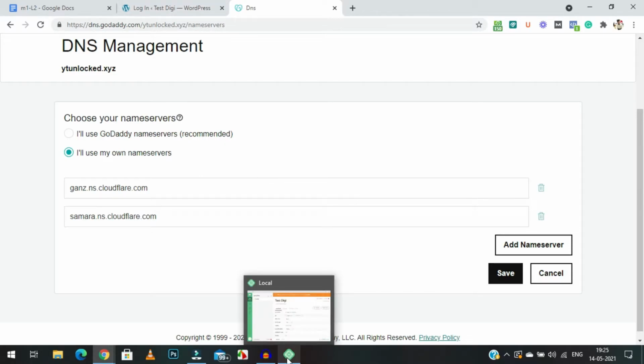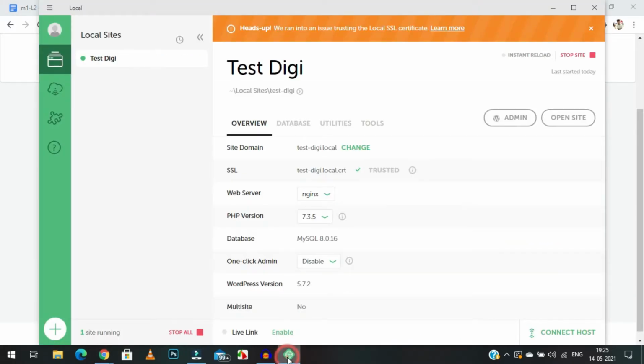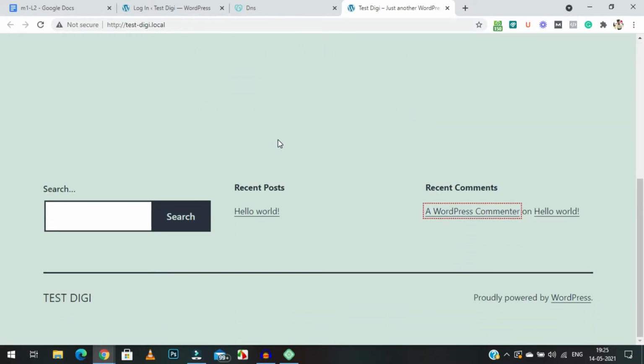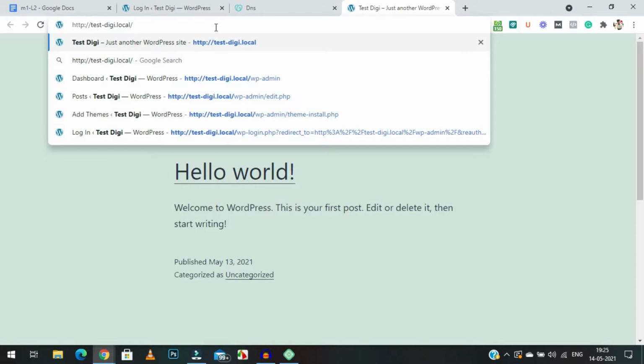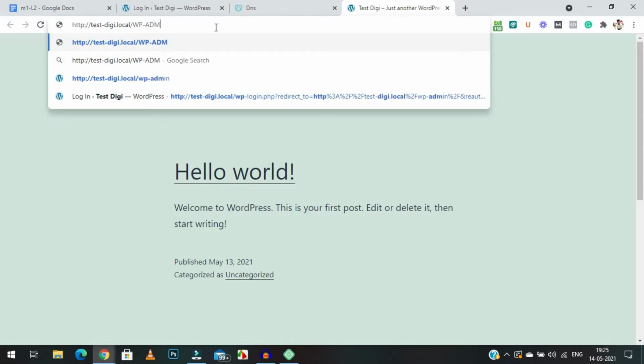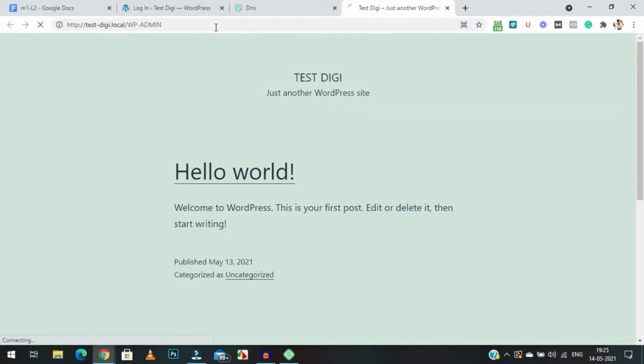Let me show you a quick glimpse of how your WordPress website will look when you have just installed WordPress on your blog, right? So let me just open the website, and this is the website you have just installed WordPress on. So it will look something like this. So you need to go to the backend, and for that you just need to type /wp-admin at the end of the URL of your website. So just type it in there and click enter.